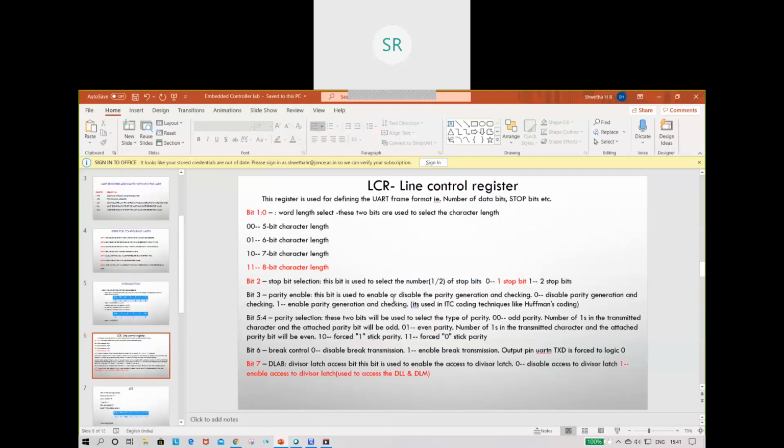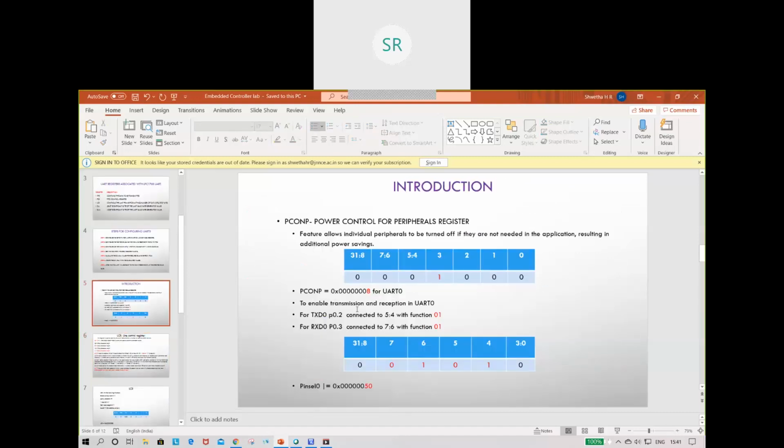In order to enable the transmission and the reception, I'm going to use pin 0.2 for transmission of UART0, and pin 0.3 for reception of UART0.